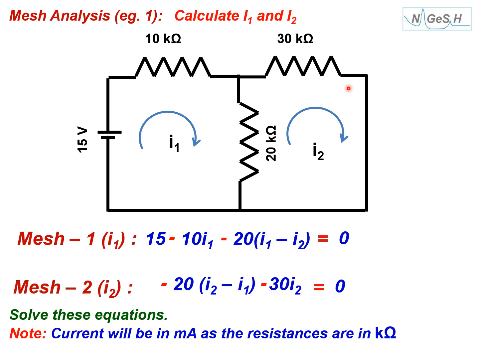Now suppose there is another battery here. If you have another battery here, it is difficult to find normally total resistance and calculate the currents. We have solved it by converting voltage source into current source. And we can also apply superposition theorem, which we will learn later. But mesh analysis also is useful. You can apply mesh analysis even if you have a battery here or many batteries. Let's see that example here.